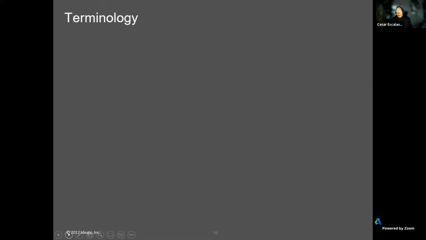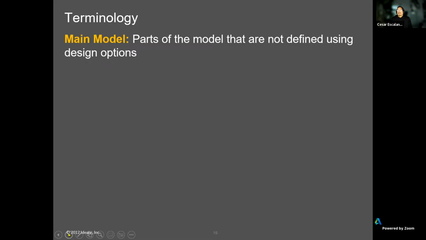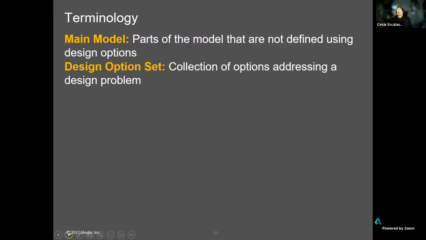Just like the phasing, we should understand some of the terminology behind design options. We have the main model, which is the part of the model that is not defined using design options. That's our working main model. Within design options, we build an option set, which is a collection of options that address a design scenario or design problem. You can have as many option sets as you want, and they could be localized to different areas in the building. For example, you can have an option set for lobby layout at the ground level,